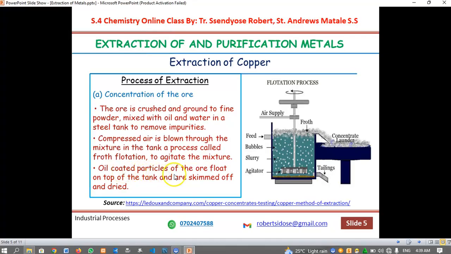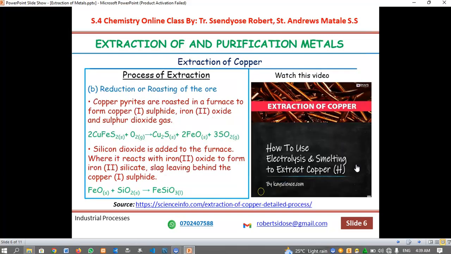Oil-coated particles of the ore float on the top of the tank and are skimmed off and dried, which is this froth. Here it is skimmed off, to be dried. What else after? We are going to find the reduction and the roasting process. Reduction and the roasting process is where